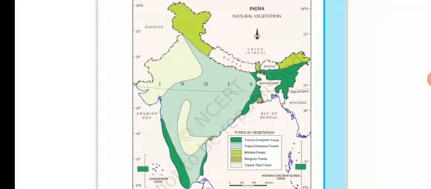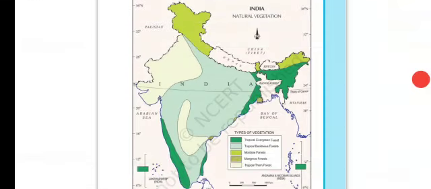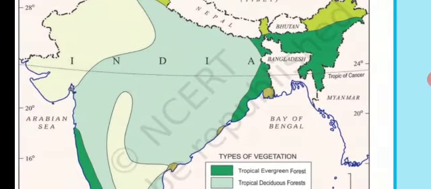After that, montane forest. From the name you can assume that it will be found in the mountain regions. Light green in color, in the Jammu Kashmir region, Uttaranchal and Arunachal Pradesh region. Then mangrove forest in West Bengal. You can see the Sundarban Delta, where rivers submerge into the sea, they form a delta. There only we have mangrove forest.